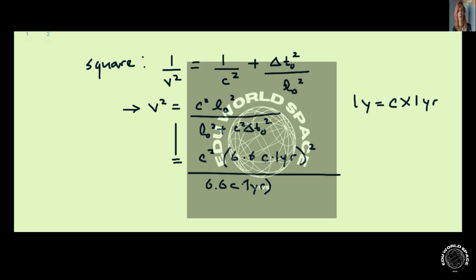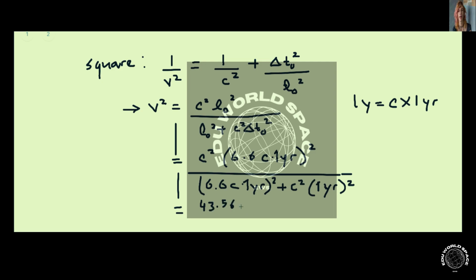This is a 1, not an L. You square that, and then you have c squared times delta T naught, remember the passengers of the spacecraft want to reach there in a year. So that's 1 year whole square. So that's great. That means we don't have to convert light years to kilometers, which would be way harder than doing this. And so you work things out here, and what you get is something like